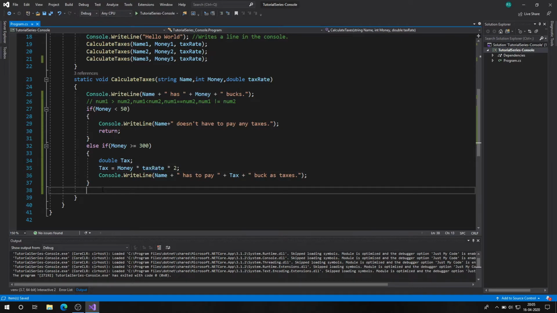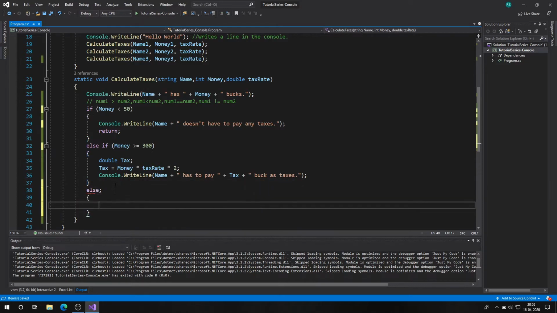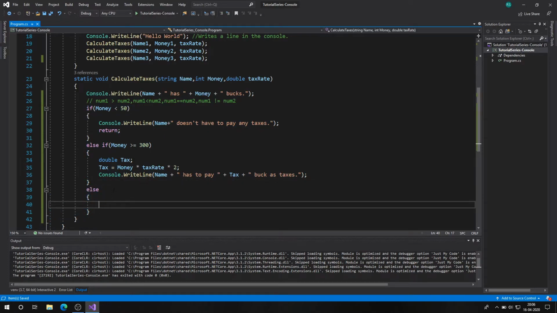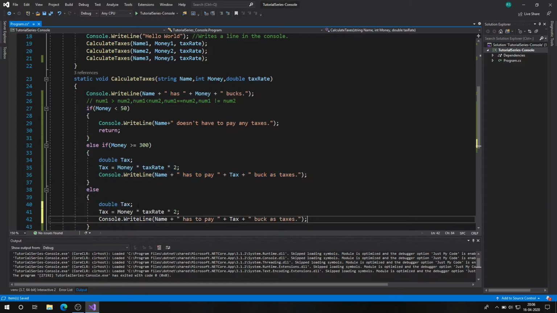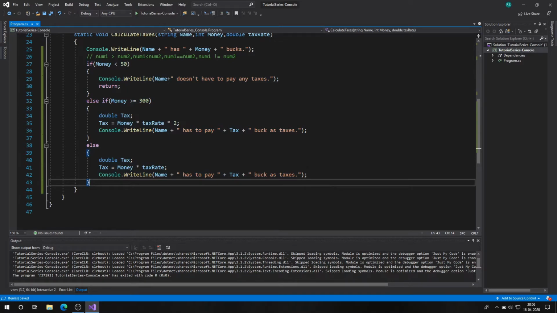And what about the people who have money between 50 and 300? You can do one thing, you can go else if money is greater than 50, and then you can check again if money is less than 300. But instead you can just do else. So what it does is, if these two conditions are not satisfied, it will just run the code which is in this, which is our normal tax code. I'll just remove this. So this is the basic structure of how to write conditional statements and how to use them. So if I run my code now,